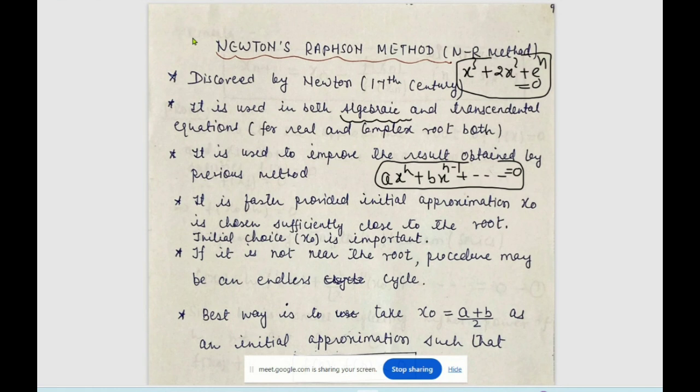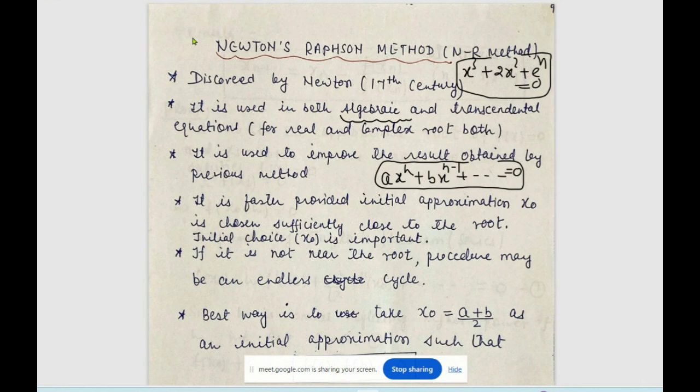Is it a polynomial? Anyone reply? Is it a polynomial? It is not a polynomial. It is a transcendental equation. Transcendental, why? Because you are using here one special function which is e to the power x. Okay. So from the NR method you can find the solution of these types of equations very easily, but for that